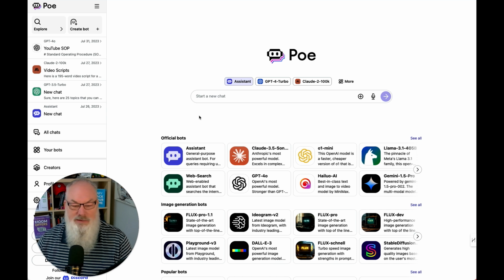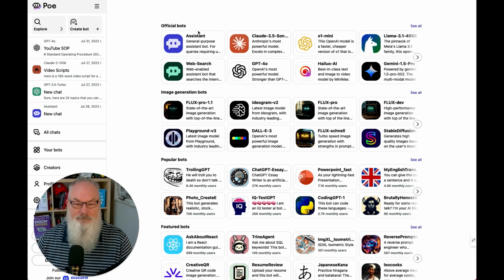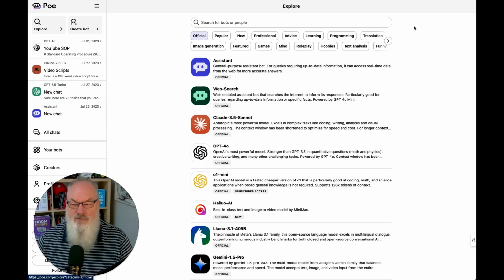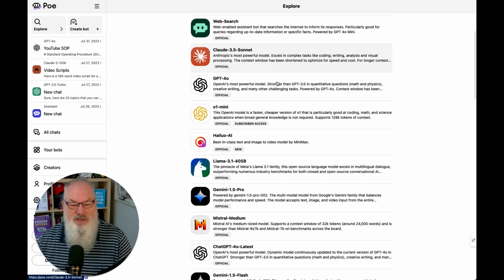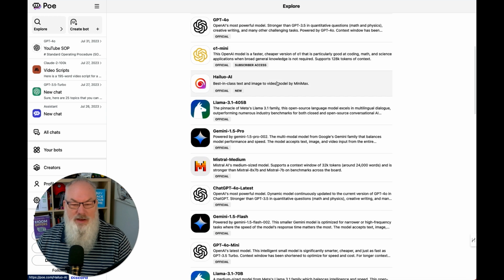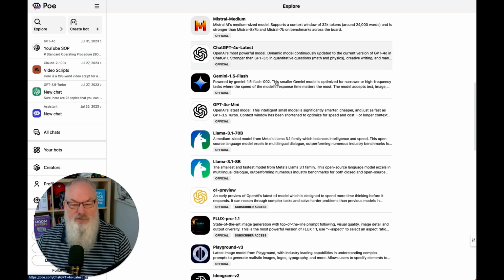So as we take a look here down below, I'm just going to scroll. They've got bots, and we're going to talk about bots in a minute. Bots are very similar to custom GPTs and things like that, but let's just take a look at some of what's here. We take a look at all the engines we've got. So they've got some predefined ones, much like some of the other models do. That's great. And then we've got Claude Sonnet, GPT-4 Mini, we've got Haiku, Llama, Gemini, Mistral, other versions of ChatGPT